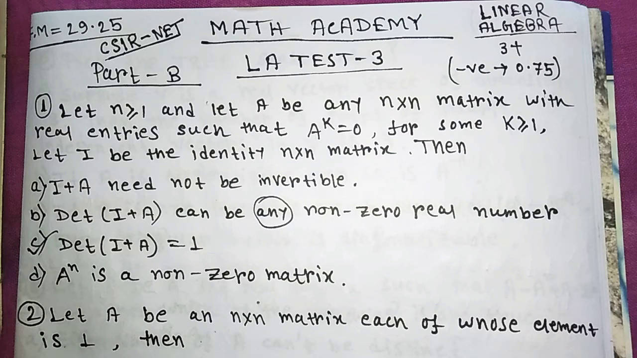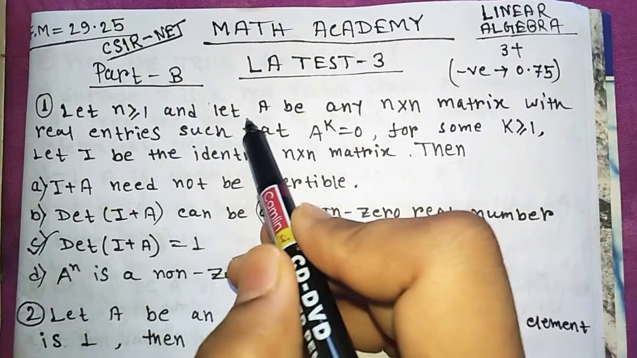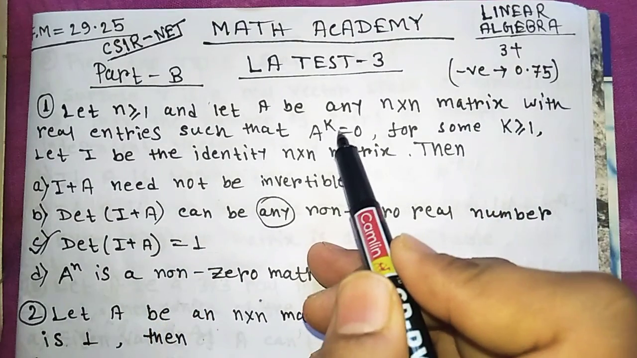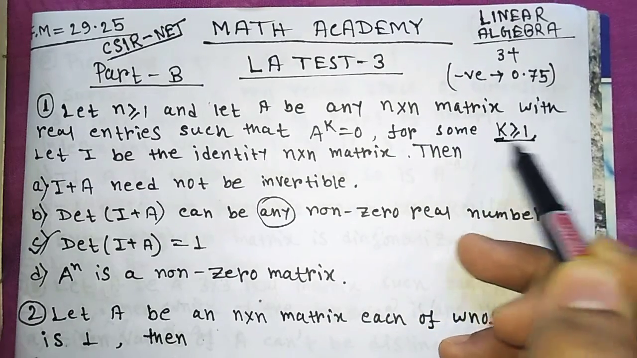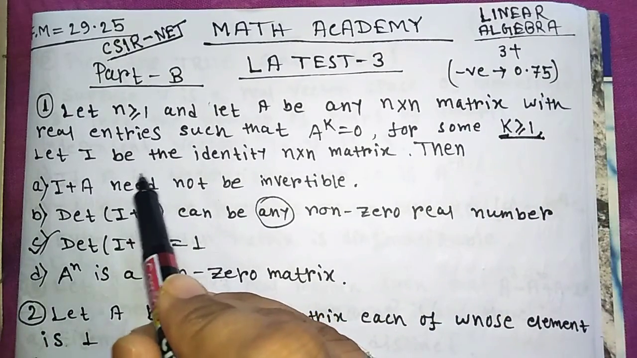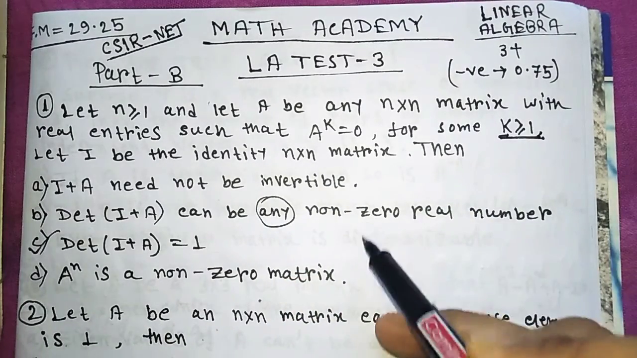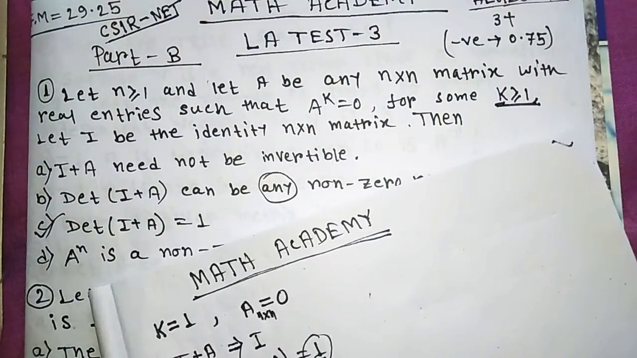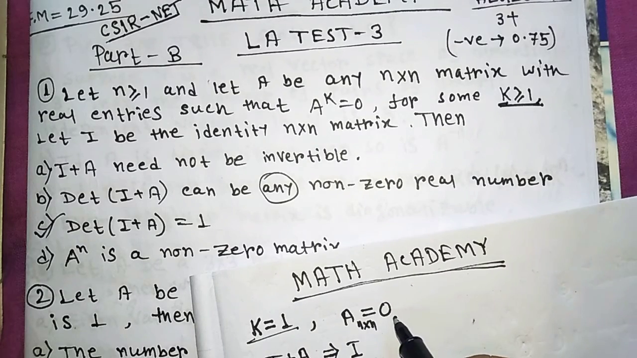And today's topic is linear algebra. Here the first question is: let n greater than or equal to 1 and let A be any n by n matrix with real entries such that A to the power k is equal to 0 for some k greater than or equal to 1, and let I be the identity matrix whose order is n by n. Then which of the following options is true? So if I take the value of k as 1, then A is a 0 matrix,